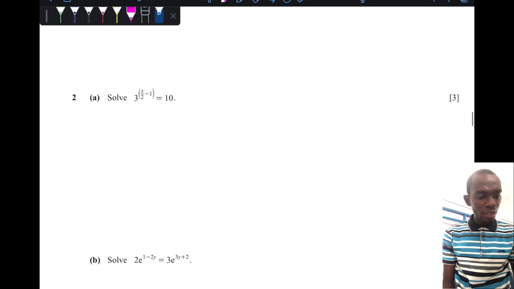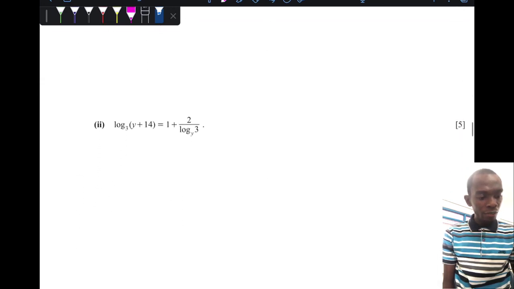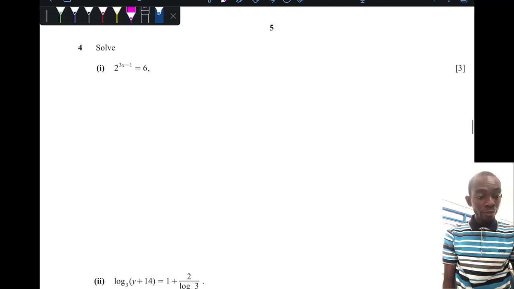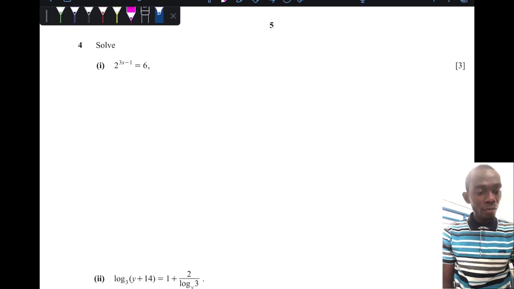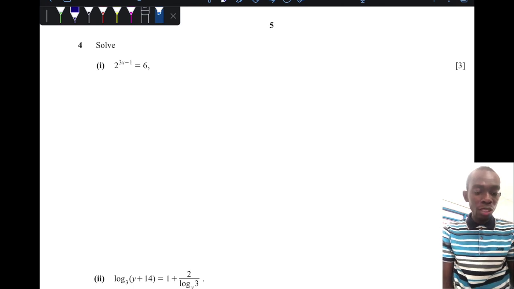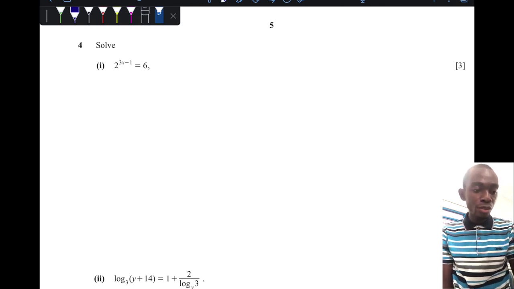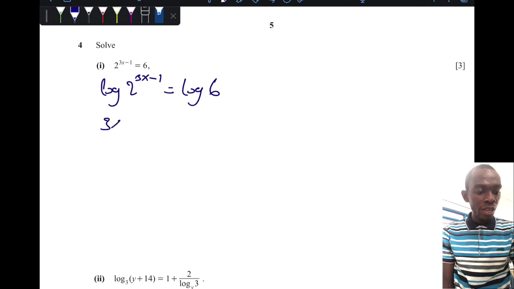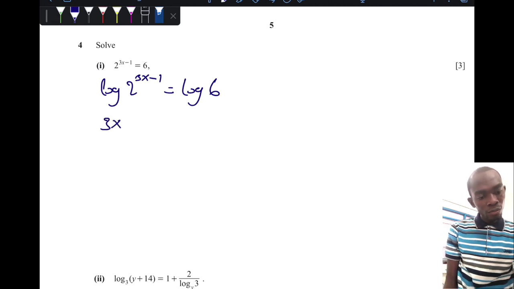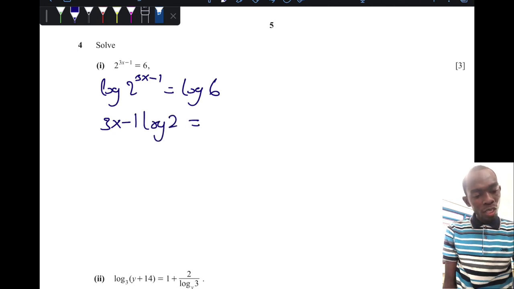I think the rest is nothing difficult. Well, this seems a little bit interesting. Okay, for real, this is the last one I'm doing. You have something like that, so why not take the log of both sides. So you have log of 2 to the power 3x minus 1 equals log 6. So you have 3x minus 1 times log 2 is equal to